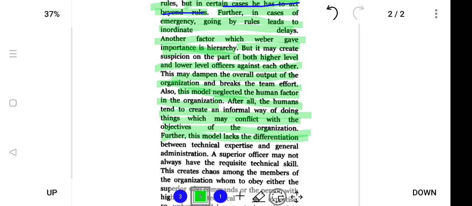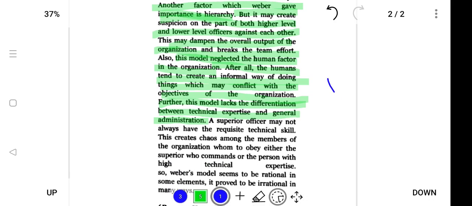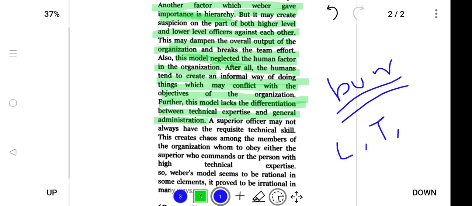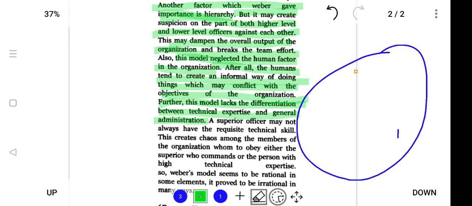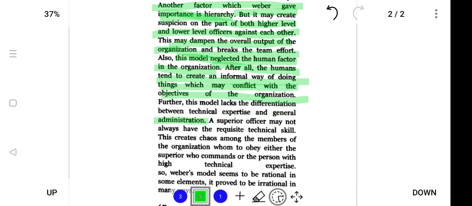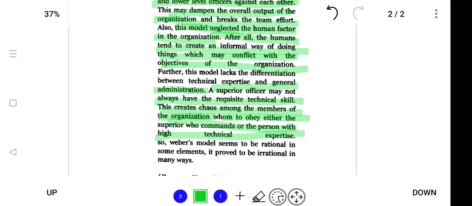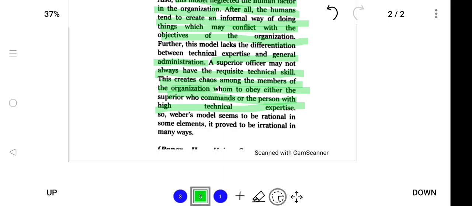Further, this model lacks differentiation between technical expertise and general administration. In the Weber model, a bureaucrat is expected to know everything from A to Z, including law, technical expertise and overall knowledge. So this is not the case because some people may be lacking in some areas. So a superior officer may not always have the requisite technical skills. This creates chaos among the members of the organization, whom they obey: either the superior who commands, or the person with the high technical expertise. So Weber's model seems to be rational in some elements, but it proved to be irrational